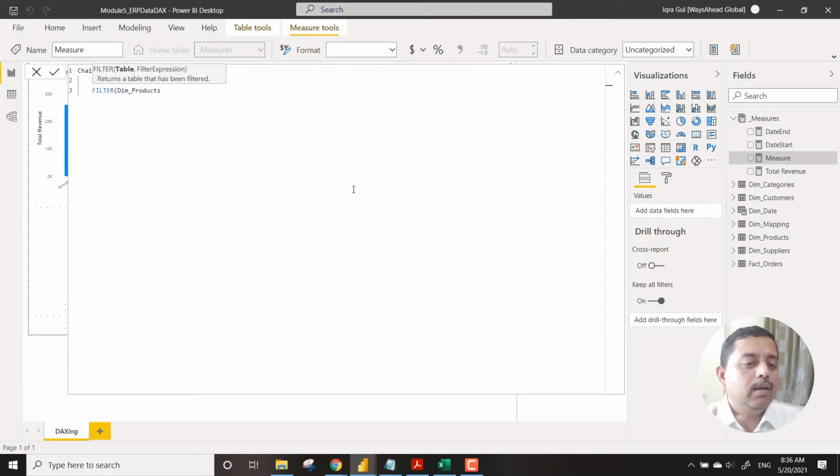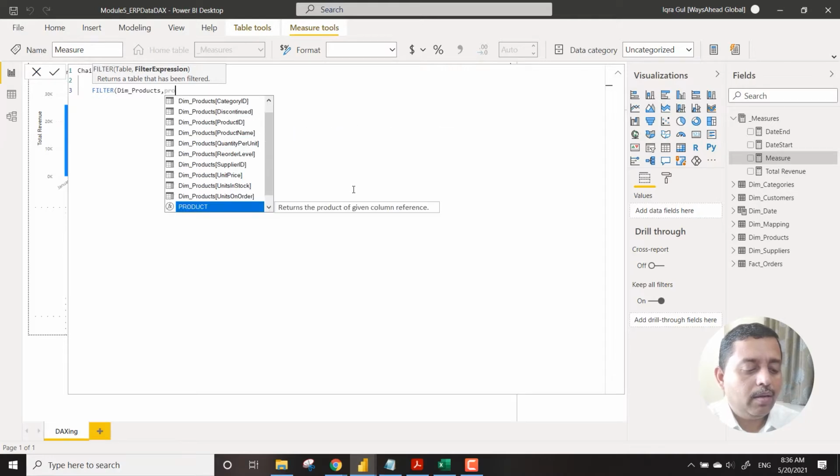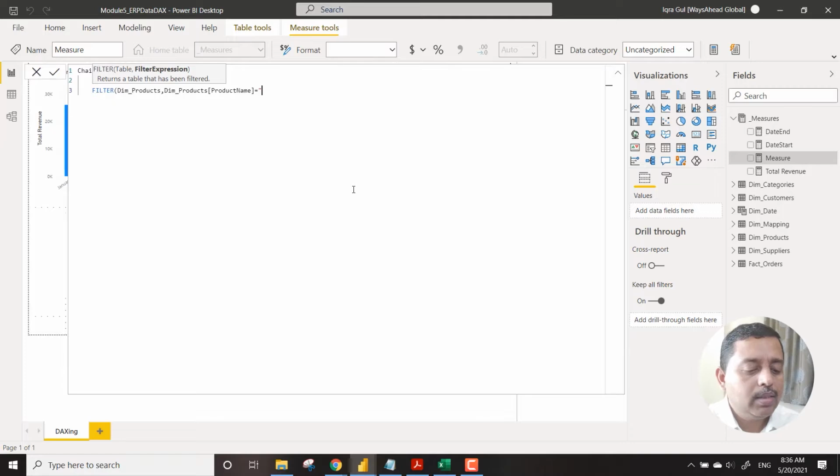One is the orders table, from where revenue is coming, and another is the products table, from where the product is coming. So we say dim products, and then we calculate an expression. We say simply product name is equal to chai, or we can say product ID is equal to, it's up to you how you want it.